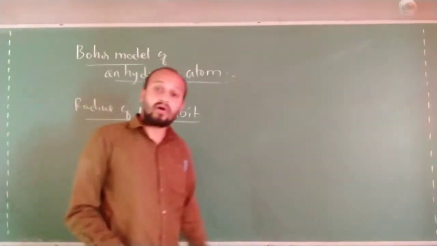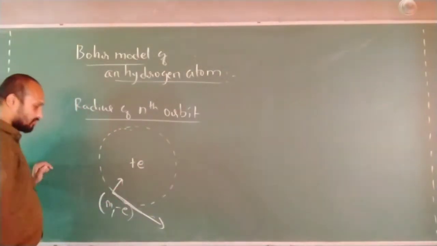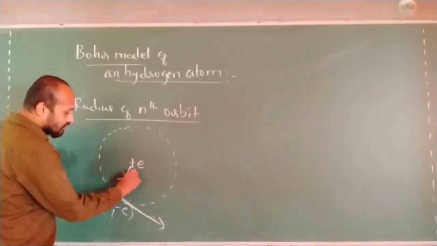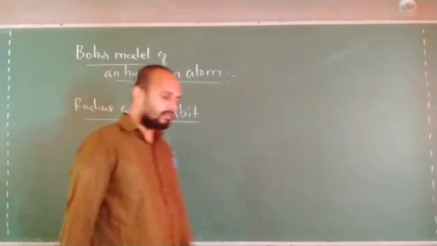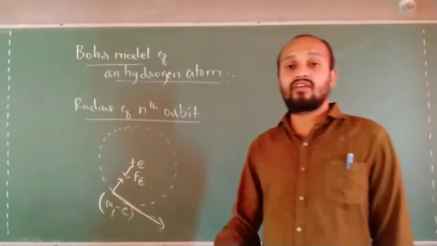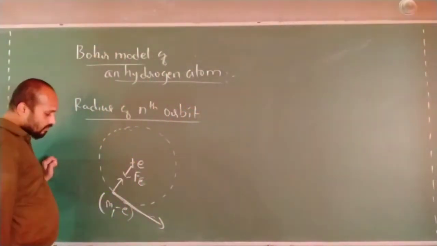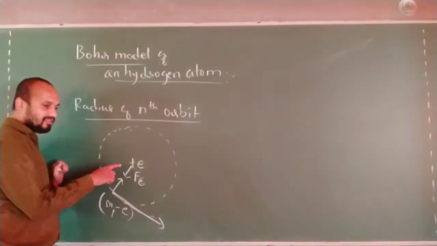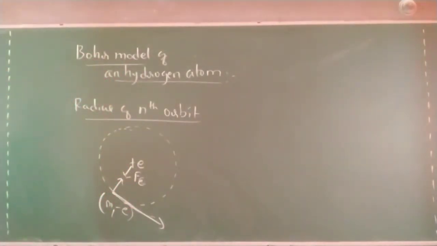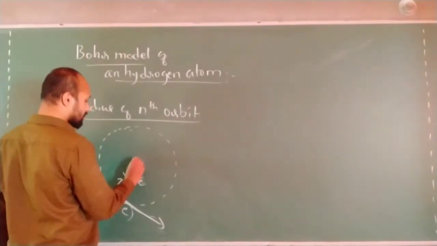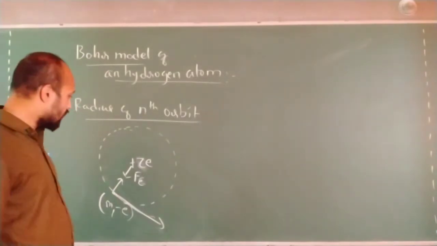According to Bohr's postulate, why is it making a circular path? Because there is a force of attraction between the nucleus and the electron. What is that force? Electrostatic force. So Fe is the electrostatic force between the proton and the electron. Since this is the example of a hydrogen atom, plus e is the only charge. If I take any other nucleus, it will become plus Ze, so we will get Z also here. We will take other cases also.